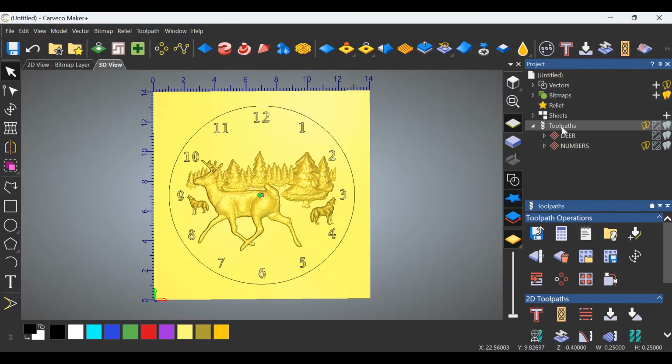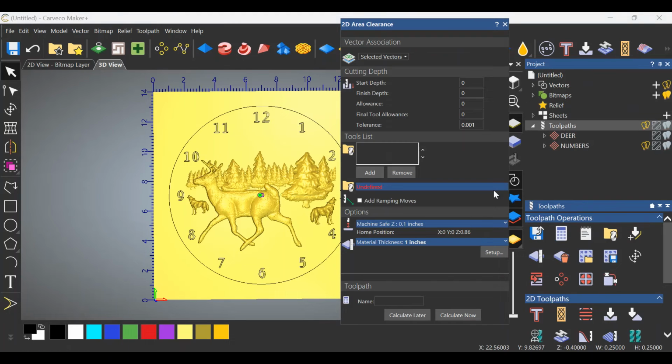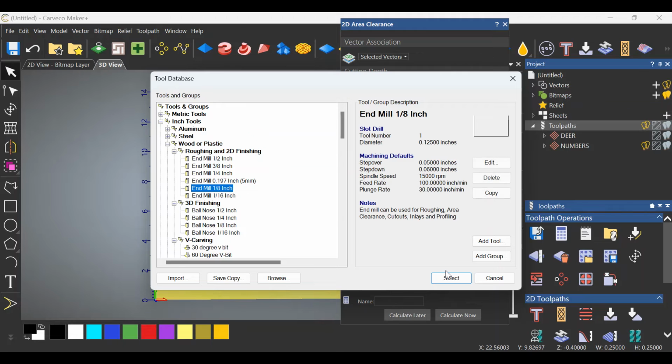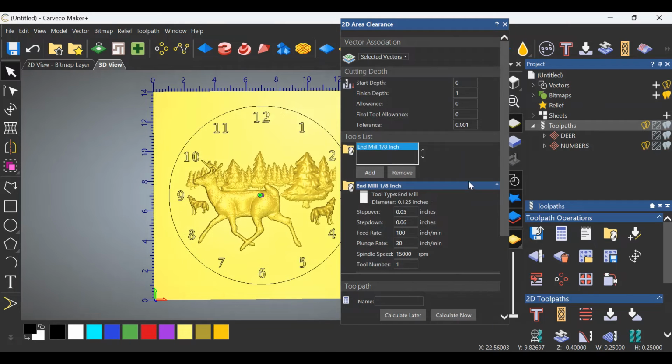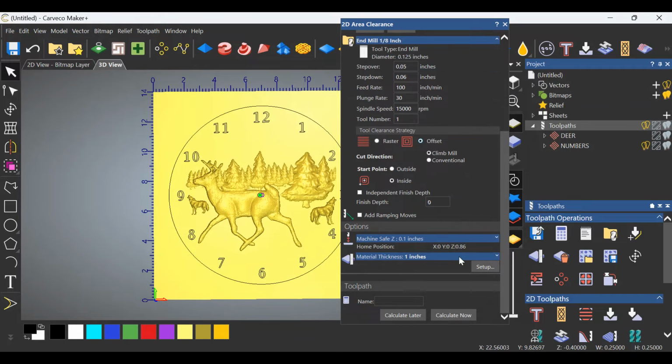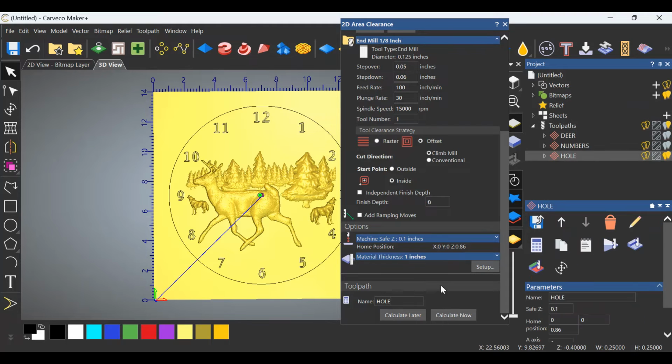Click on toolpaths. Click on area clearance. Start depth 0. Finish depth is 1 inch. And in this case, we will use an 1/8 inch end mill. Select that. We'll do an offset strategy. We'll just make this hole. Calculate now. Close the 2D area clearance